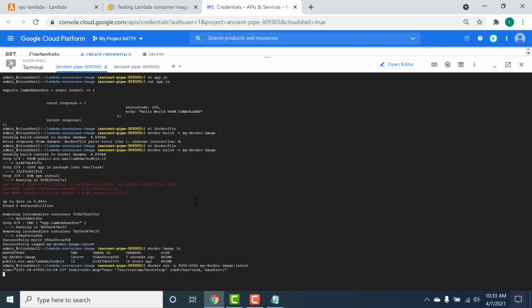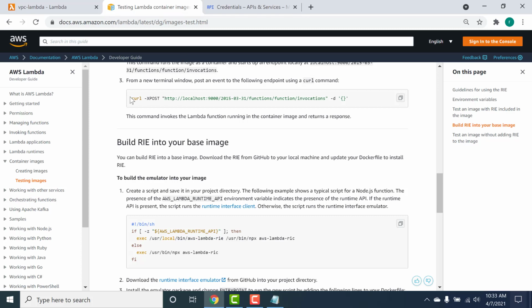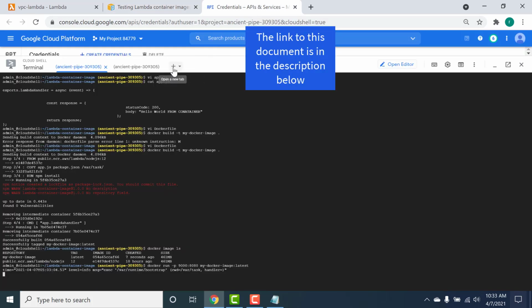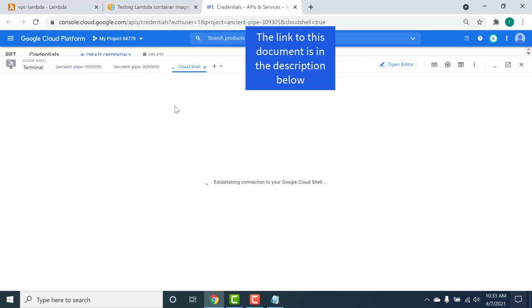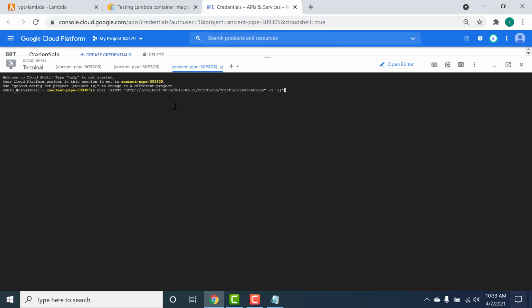Once your image is running, let's try to invoke this Docker container. To do that, you need to run this curl command. I'll copy this, go back to my GCP Cloud Shell again, and here let me run this particular URL.